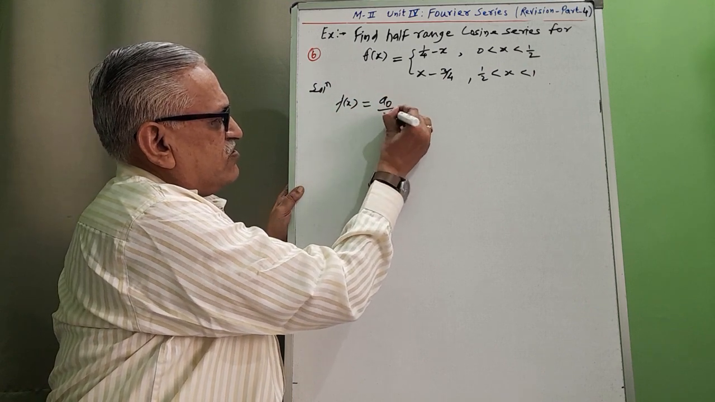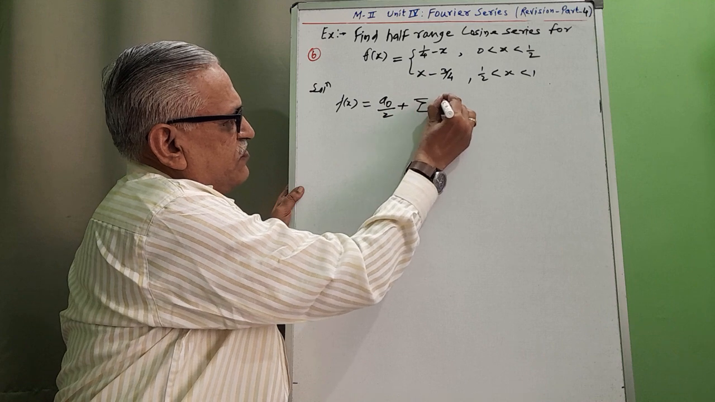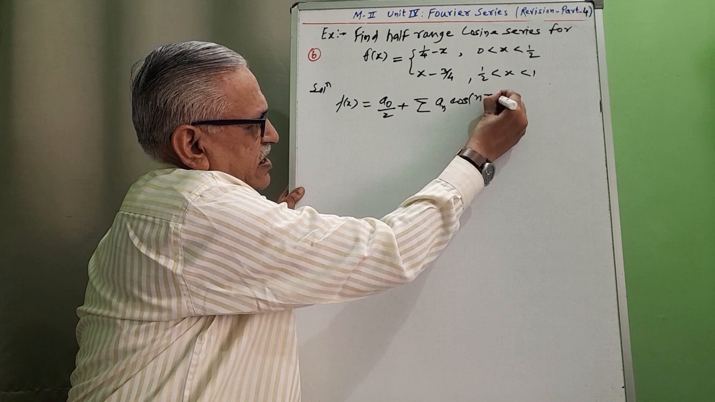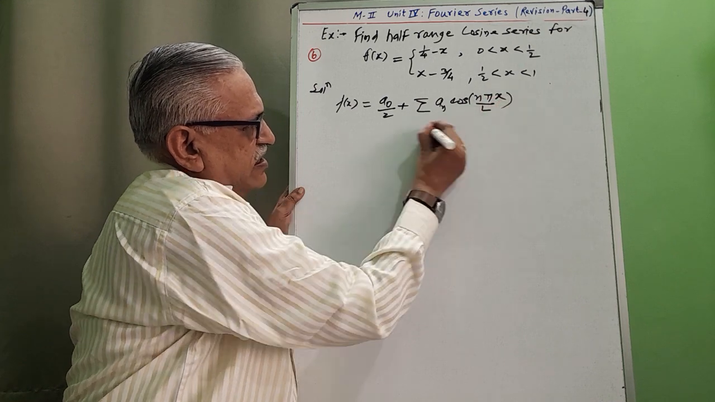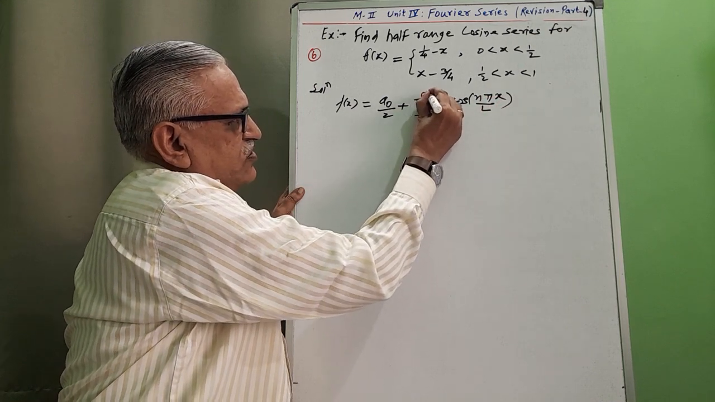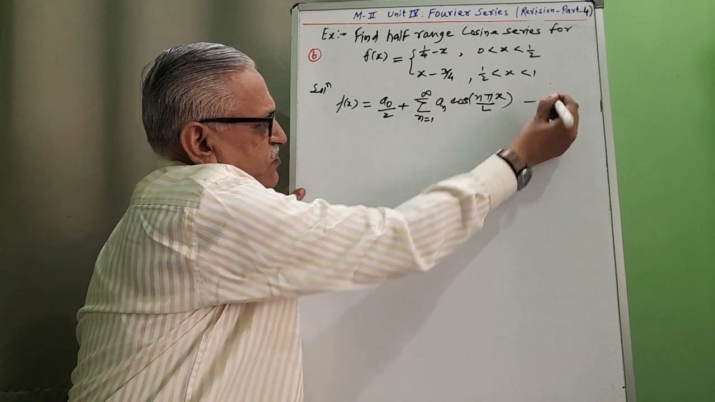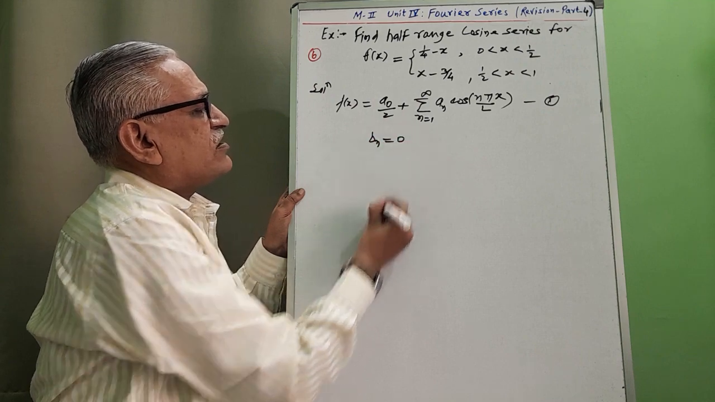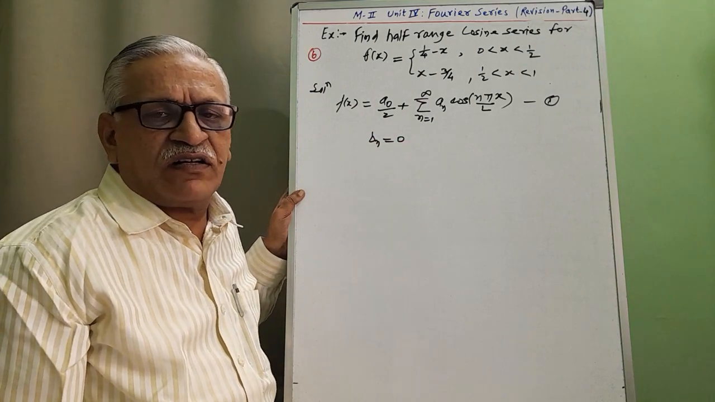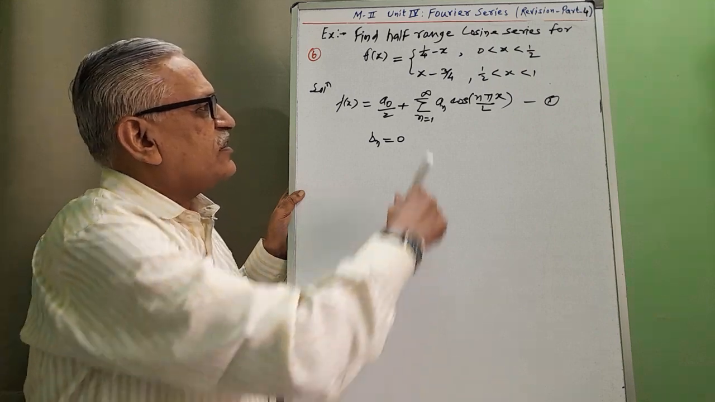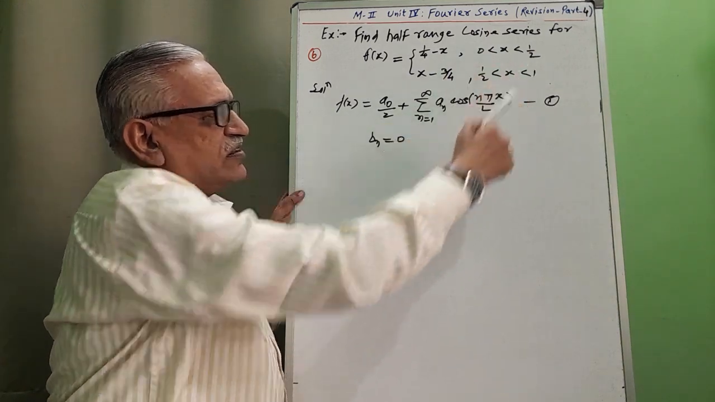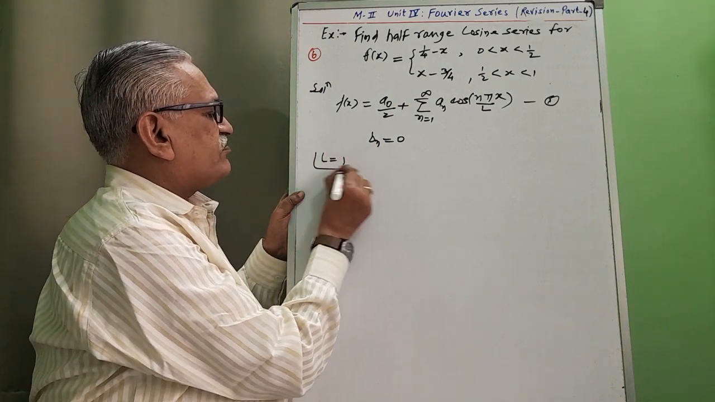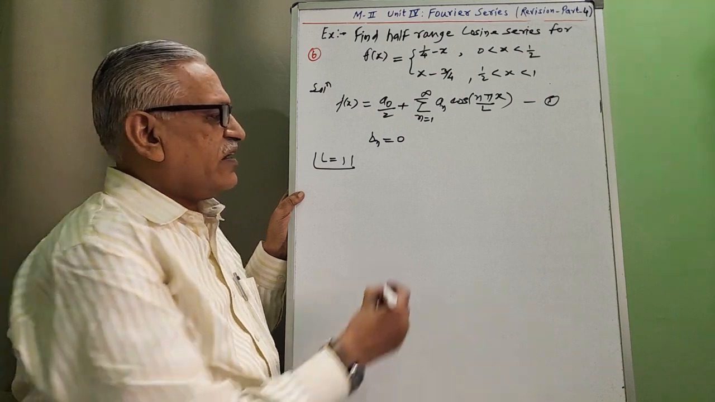a0 by 2 plus summation of an cos n pi x by L, n changes from 1 to infinity. We call this equation 1, where the value of Bn is 0, as we require to find cosine series, half range cosine series. Comparing this range with 0 to L range, we get the value of L as 1, where